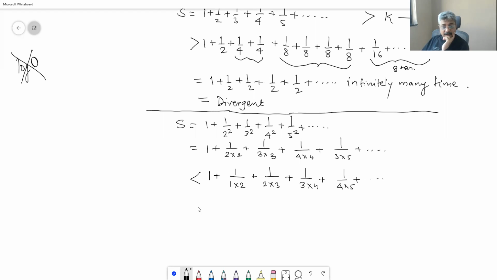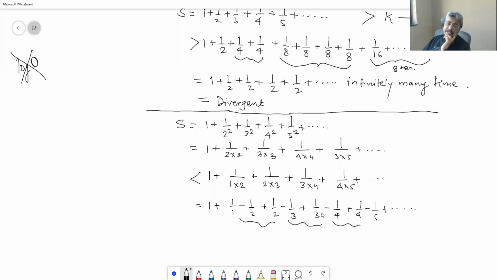And now we are good at splitting them. 1 plus 1 upon 1 minus 1 upon 2 plus 1 upon 2 minus 1 upon 3 plus 1 upon 3 minus 1 upon 4 plus 1 upon 4 minus 1 upon 5 plus something. And then we find that these two terms are 0, these two are 0, and so on. There will be many like that. So therefore, this will be equal to, of course, the first two will survive. So 2,